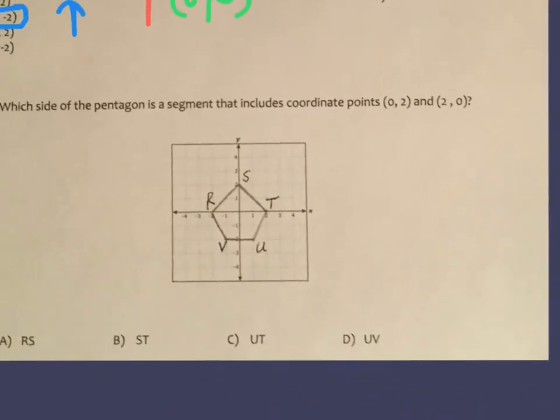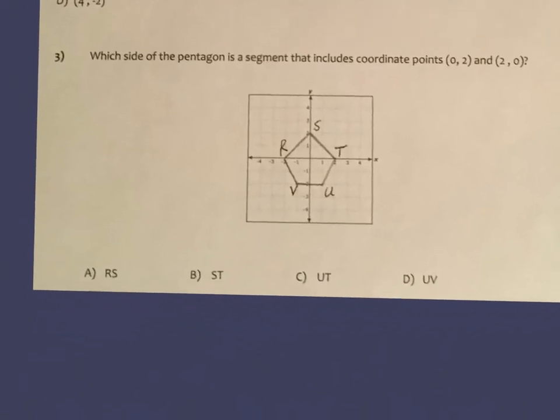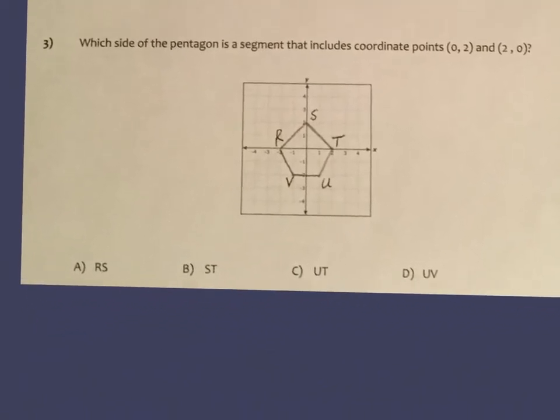And then finally, to our third problem. Which side of the pentagon is a segment that includes coordinate points 0, 2 and 2, 0? Now you may remember, whenever we graph on a coordinate plane, we begin at the origin. And as we said earlier, the origin is the center of our coordinate plane, or where the x and y axis meet, where the 2 number lines